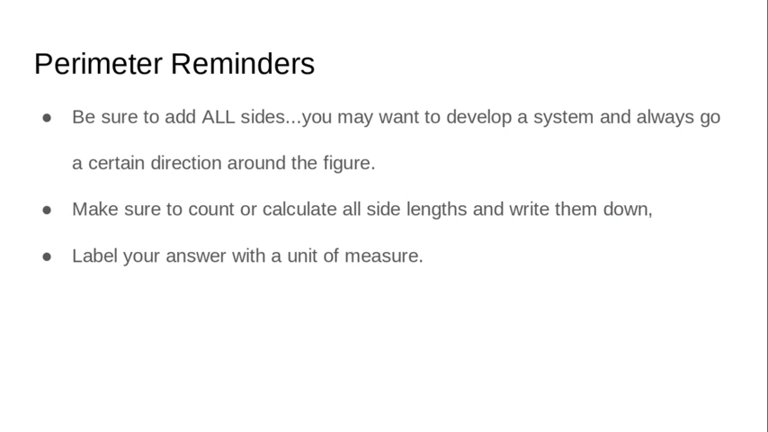18.5 units. A couple of things to remember or keep in mind as you work through your perimeter questions. Be sure to add all of the sides, so develop a system and always go in a certain direction around the figure or something like that. Like for me, most of the time, top left, go clockwise. That's just my system, but yours might be something different. Make sure to count or calculate all side lengths and write them down so you don't forget what you calculated them to be. And to make sure you label your answer with a unit of